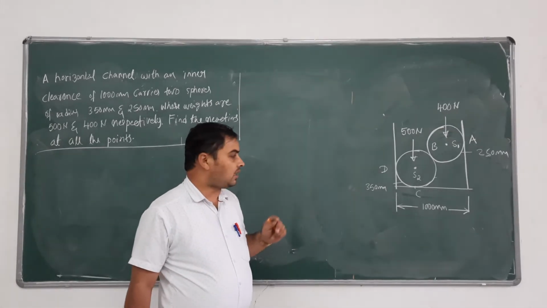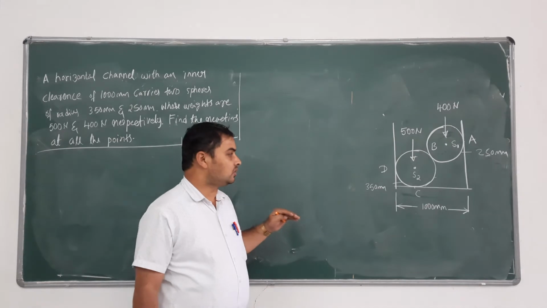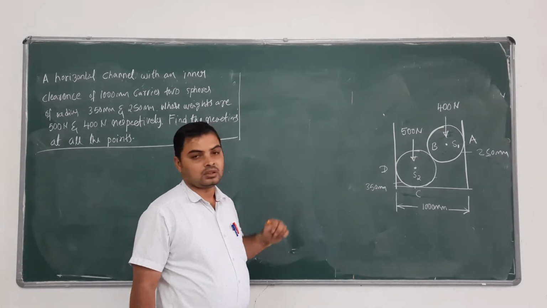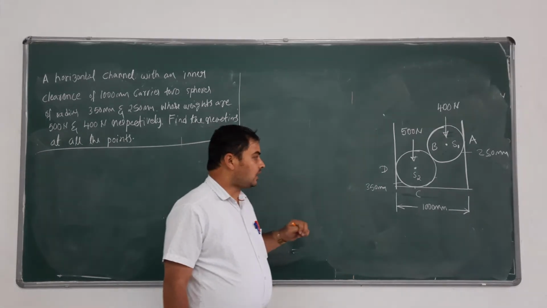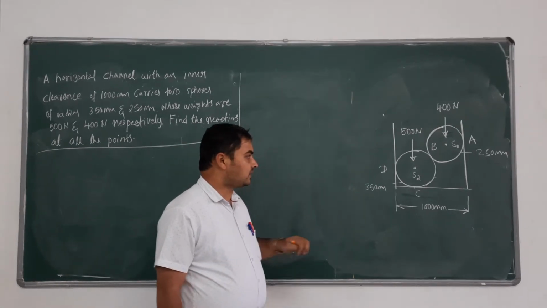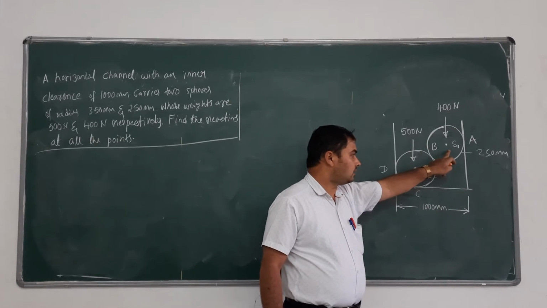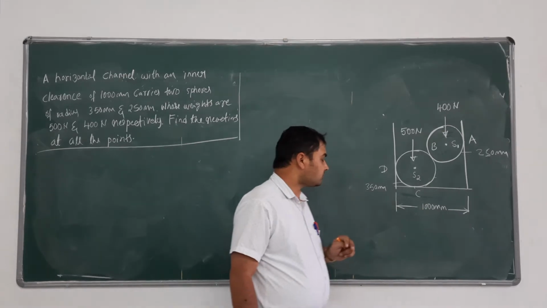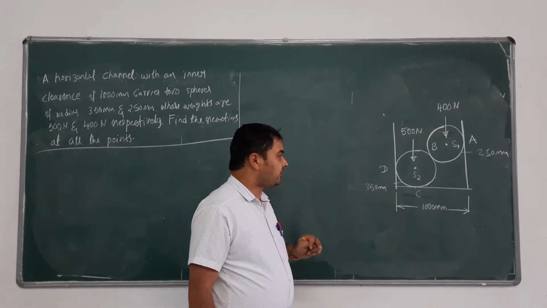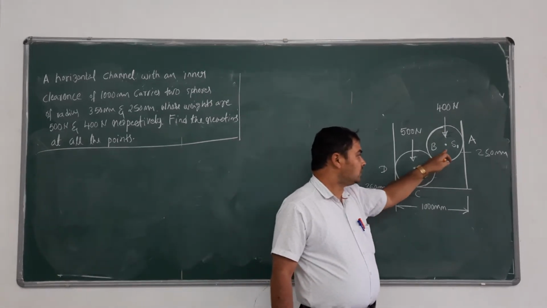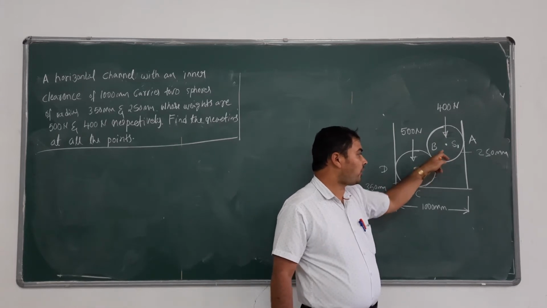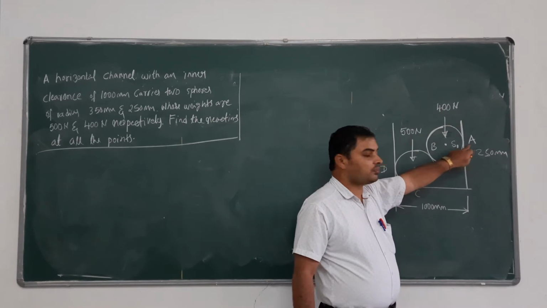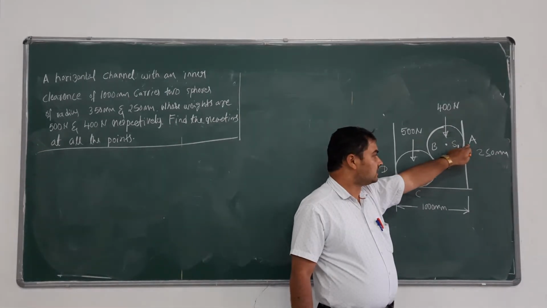Free body diagram, as I have already told, is a diagram which shows all the forces acting on a body which is free from all the contact points. So let us write the free body diagram for the sphere 1. I call sphere 1 as S1 and sphere 2 as S2. Before we write the free body diagram, we should know the inclination of the reaction at the point B. If you take the inclination of the reaction at the point A, it is horizontal.